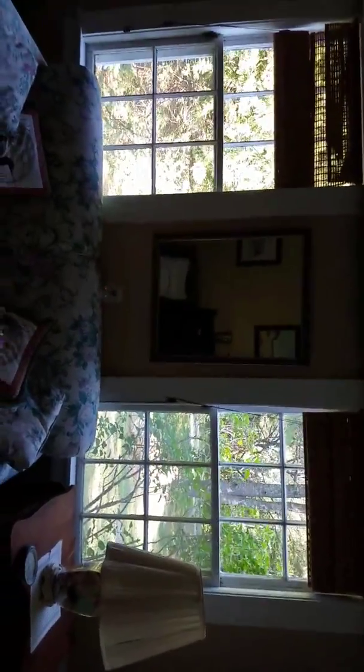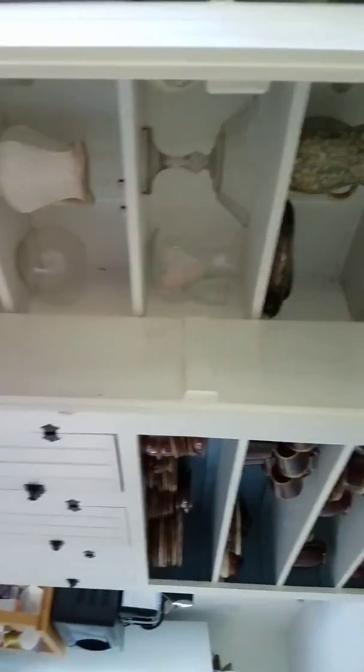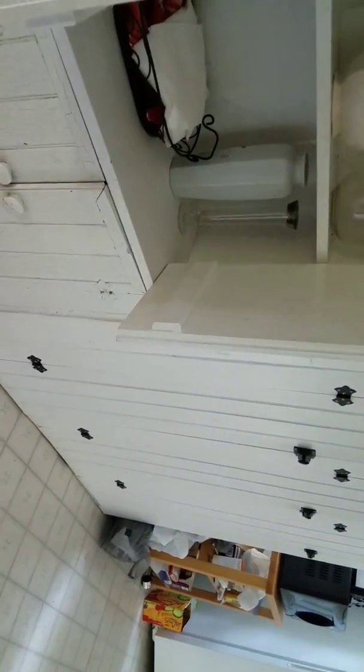This house is so unique. It was built in the late 1800s. The windows have been replaced, but everything else is pretty much the original floors. There are little built-in cabinets and little nooks and crannies everywhere you look. There's little cabinets and storage places with all sorts of circa 1900